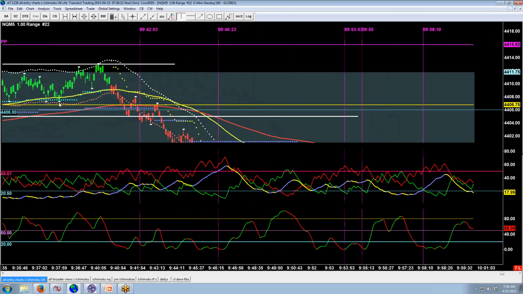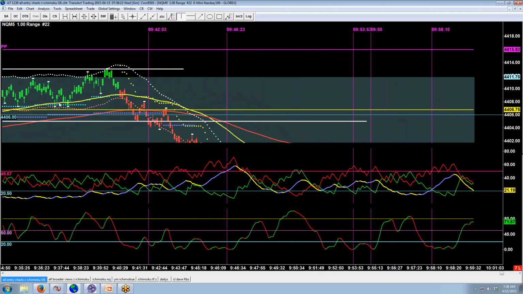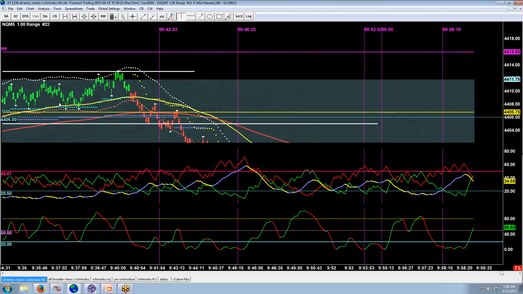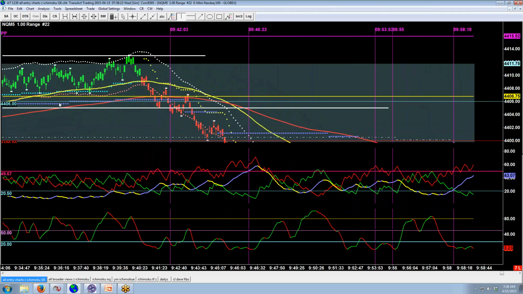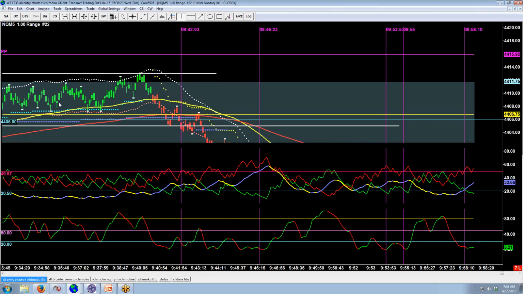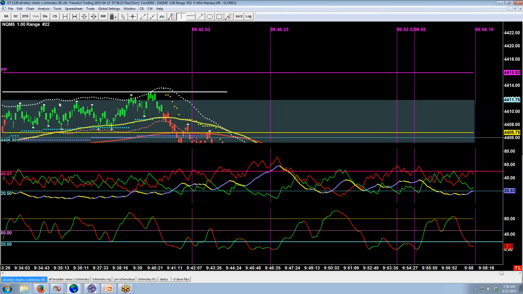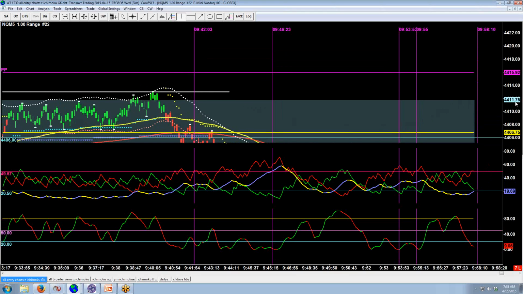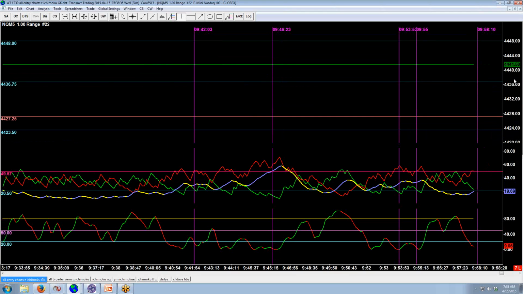Let me make this a little bigger here so you can see a little clearer. So that one was just a little bit too early. It was 9:31, and it's not part of my plan to trade at 9:31. This is the first trade that I took